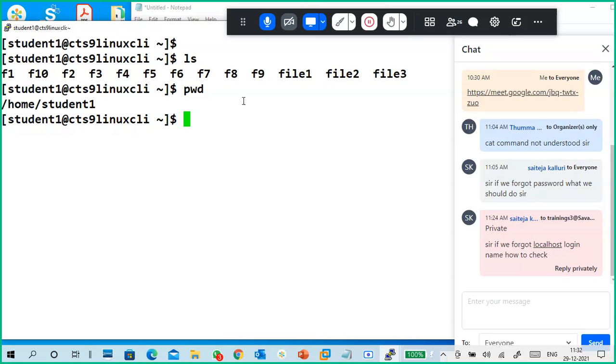Okay. If you really want to learn Linux, whether for self-interest, a job, or an interview, there are a few things you have to follow. First is pwd, present working directory. You must know which directory you are currently located in, where you created your file, and where your file is located.